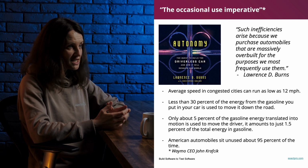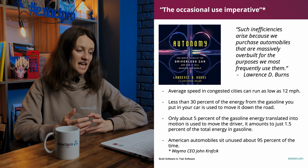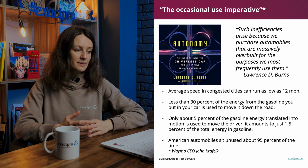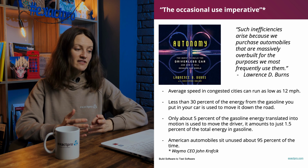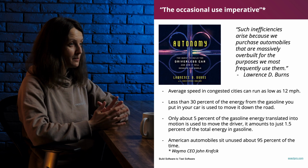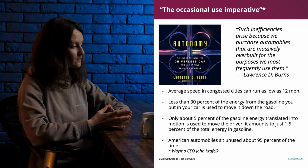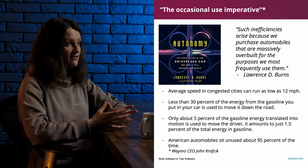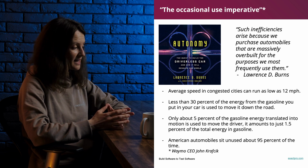American cars sit unused about 95% of the time. So using your vehicle just 5% of the time means that you have to figure out a place to store them the other 95% of the time. Plus, you obviously have to insure and maintain your vehicles and pay for the parking. In addition, paved parking lots create heat islands and may be contributing to climate change. On top of that, the emissions from cars and trucks amount to 1/5 of the greenhouse gases created in the United States. And the distance we travel by automobile is growing. These numbers alone make us believe that maybe personally owned, human-operated gas-powered vehicles cause overspends and waste a large amount